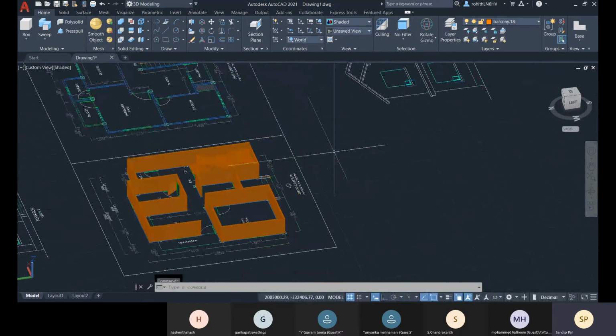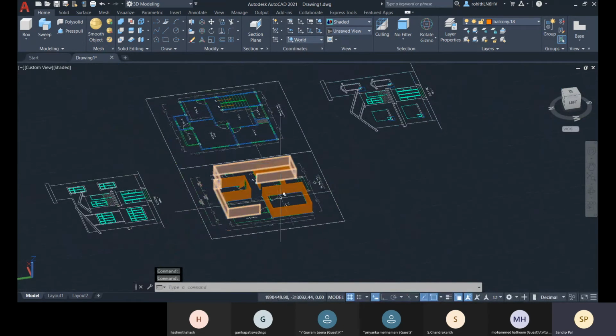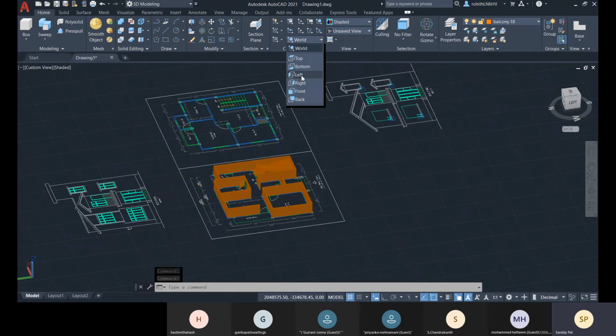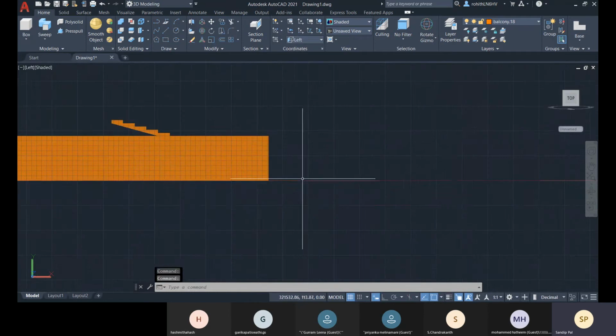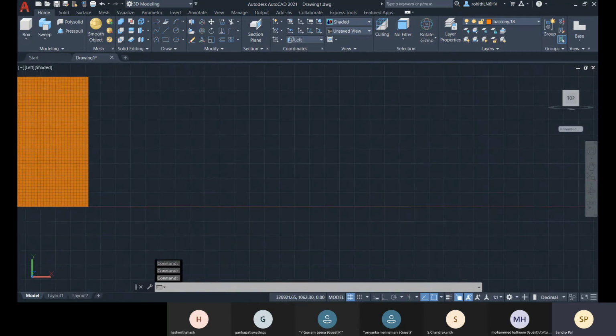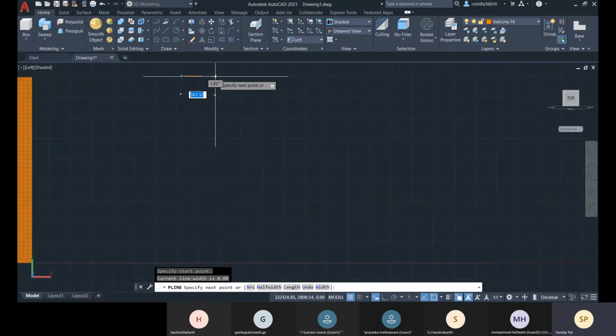Suppose you are creating one architecture column. For that, let me go with this left view. Here I'll be creating one, so let me go with this polyline. I'm just creating the outline first.